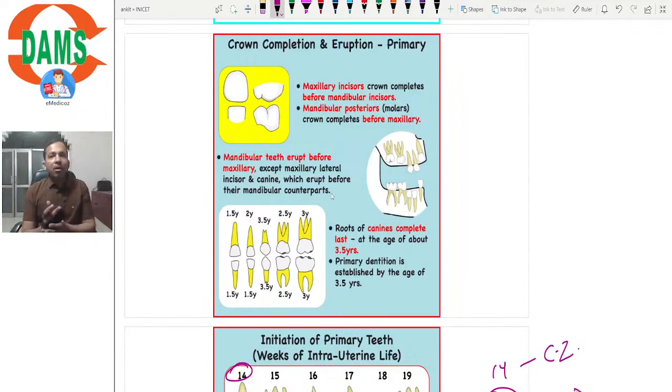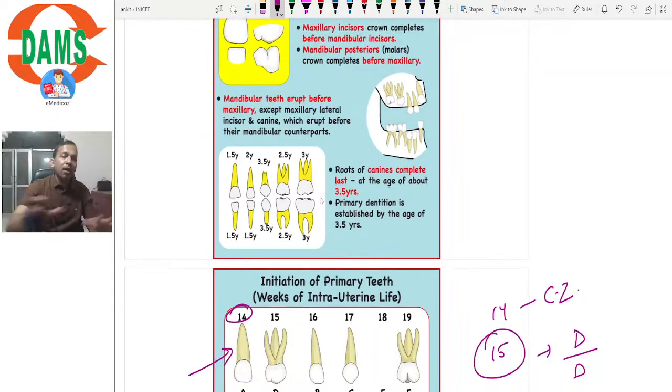तो ये कुछ पॉइंट्स हैं जो मैंने आपके लिए लिखे हुए हैं। मैक्सिलरी इंसाइजर्स के क्राउन मैंडिबुलर इंसाइजर से पहले कंप्लीट होते हैं, बट जो पोस्टीरियर्स हैं वो मैंडिबुलर पहले कंप्लीट होते हैं, ठीक है। एंटीरियर्स मैक्सिलरी will complete before मैंडिबुलर, and पोस्टीरियर्स मैंडिबुलर will complete before मैक्सिलरी।